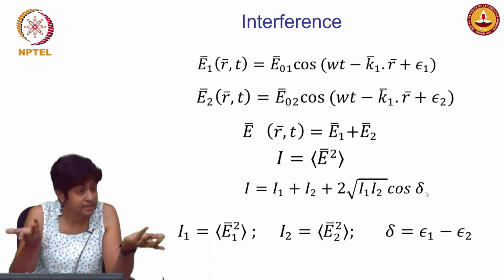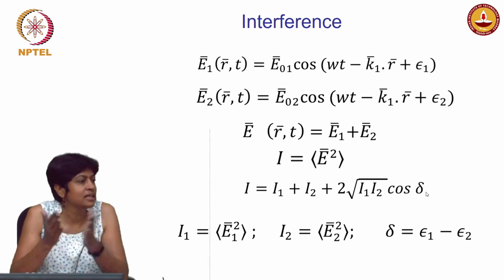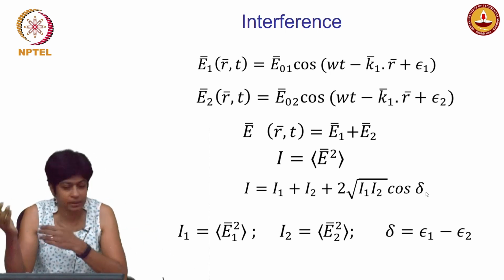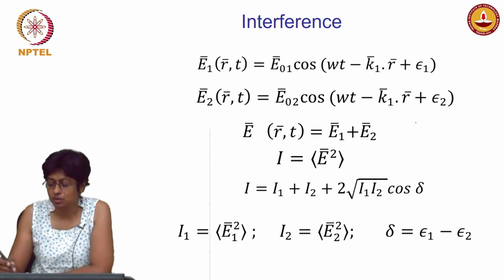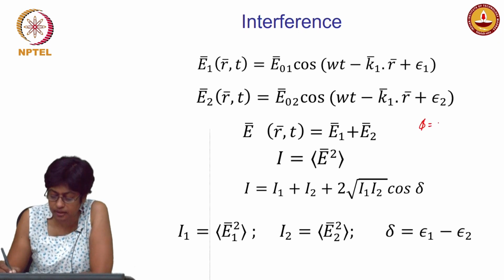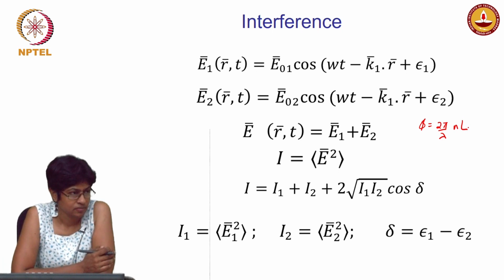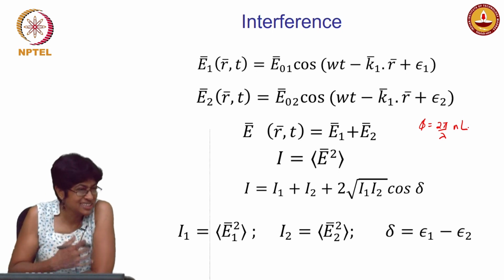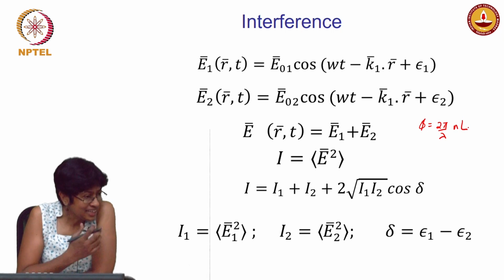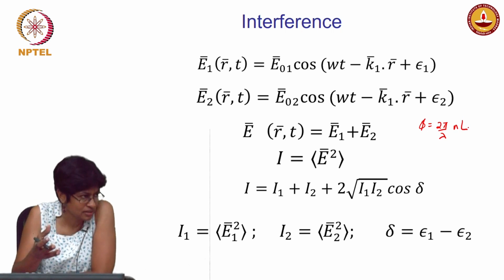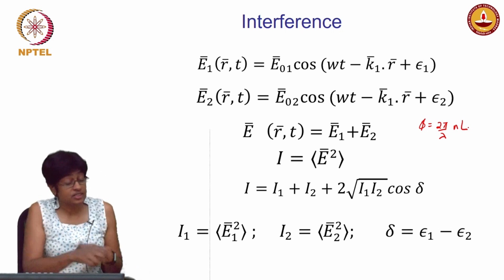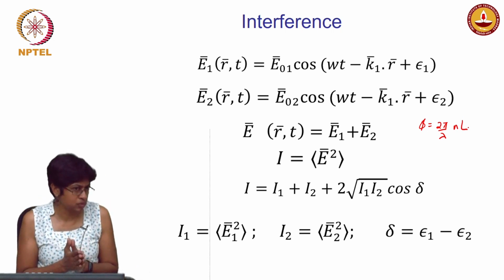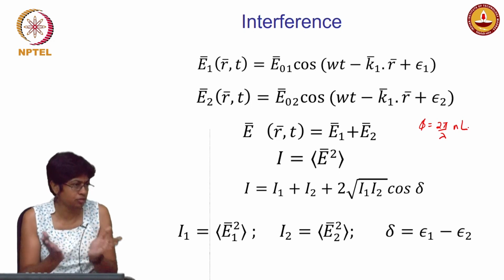Pardon? Thickness. So basically phase relates to path length, right? Optical path length. We know this. We should know this very well by now, right? So if I say I have a phase phi, it is 2 pi by lambda into NL. Now if somehow, so what does interference allow me to do? It converts this phase into an intensity. That is really why the interferometer is such a powerful instrument or method of measurement,